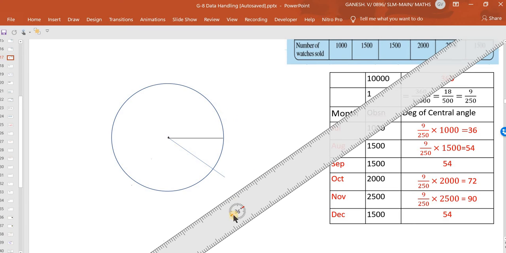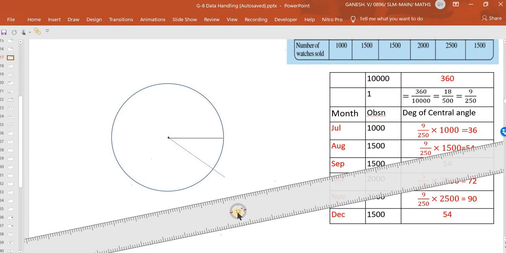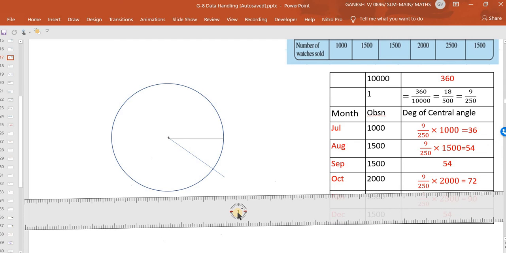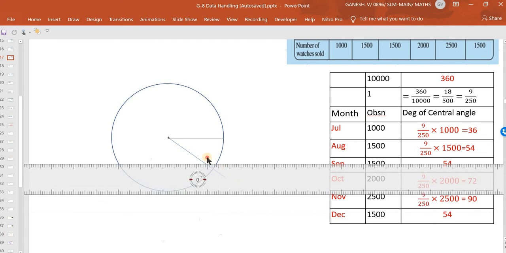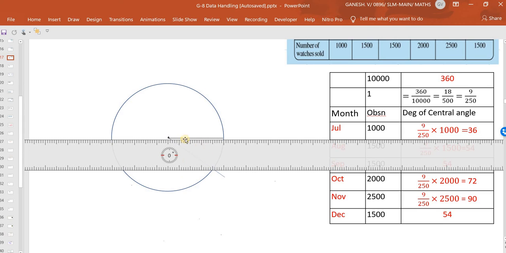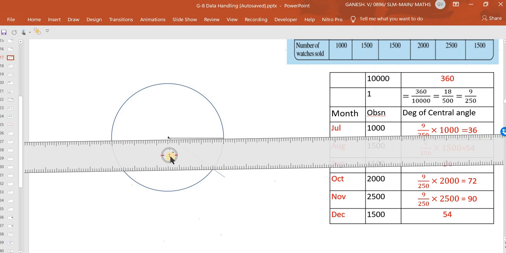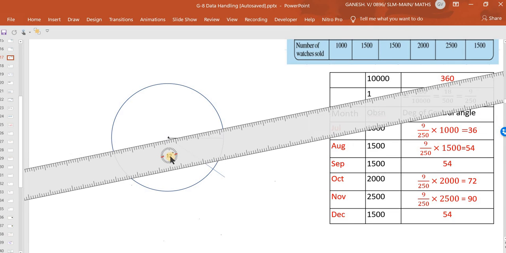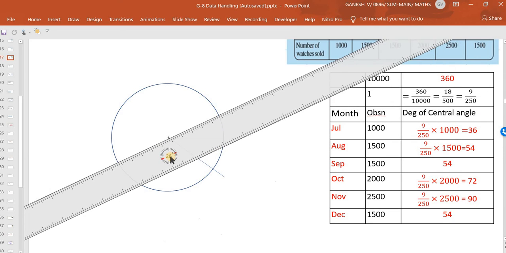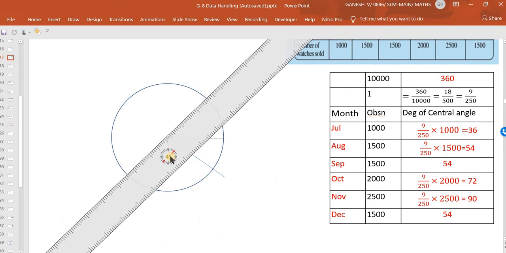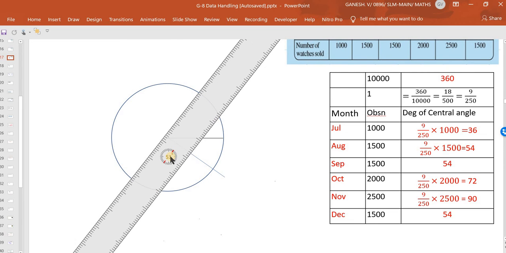For that I have invoked the ruler here. It is at 36 degree. I will first make it horizontal by bringing it to 0 degree. Now it is at 0 degree. To rotate it to 54, I will click it and roll the mouse. I'm just rolling it, so it is now 48, 54. Now it is at 54 degree.